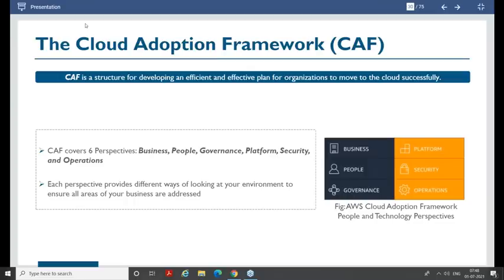Guys, am I making sense? Cloud adoption framework has 6 elements: business, people, governance, platform, security, and operations.